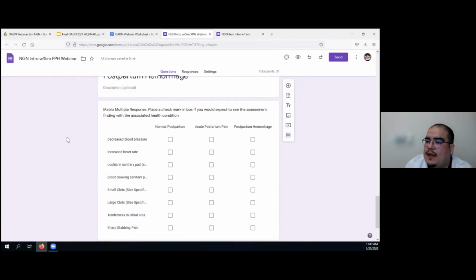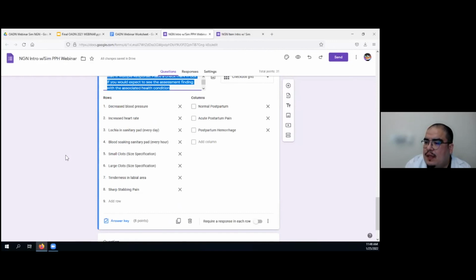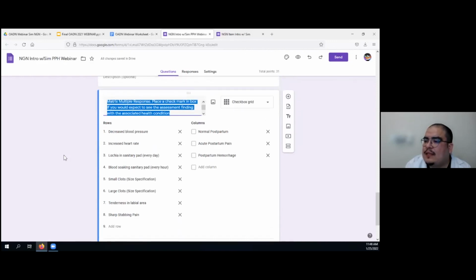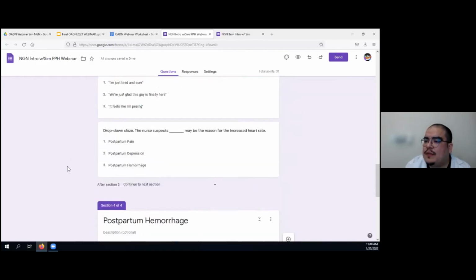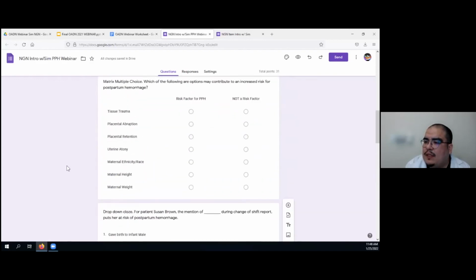Last but certainly not least is the matrix multiple response. This is going to be very similar to one of the items that we did earlier. But if you'll notice, in this one, you can actually select several choices per column. So if we scroll back momentarily,